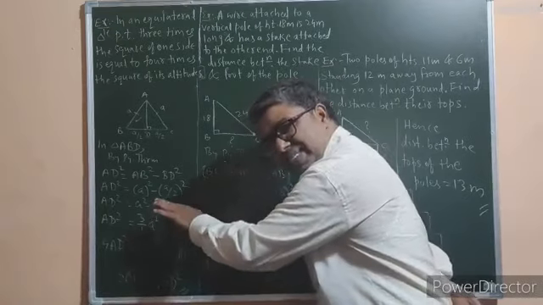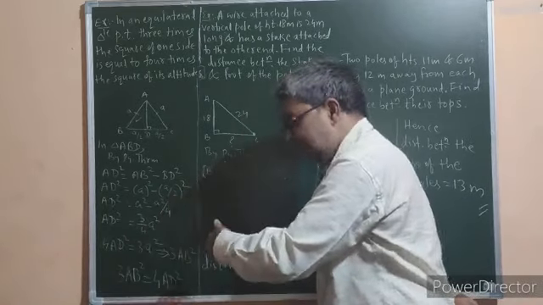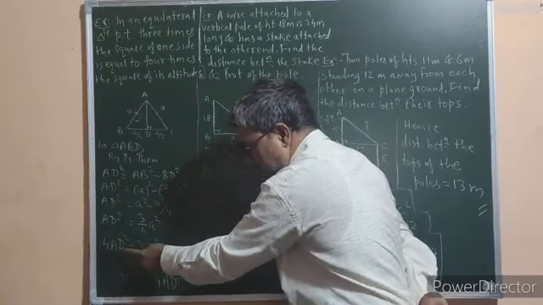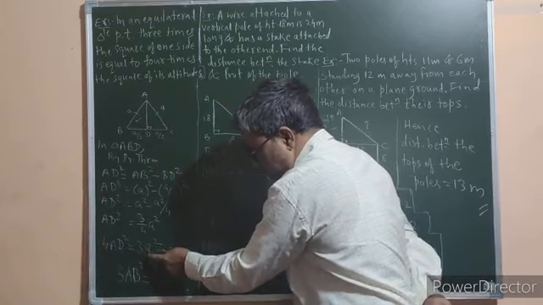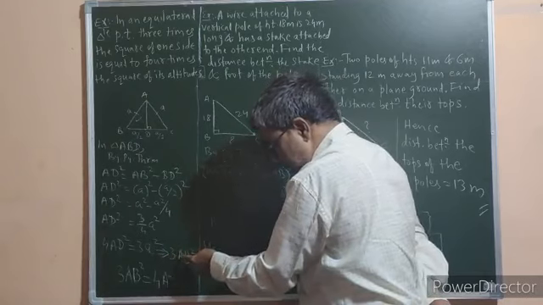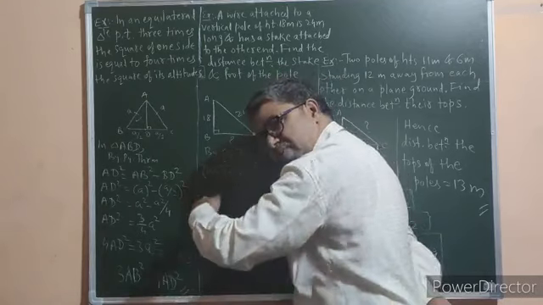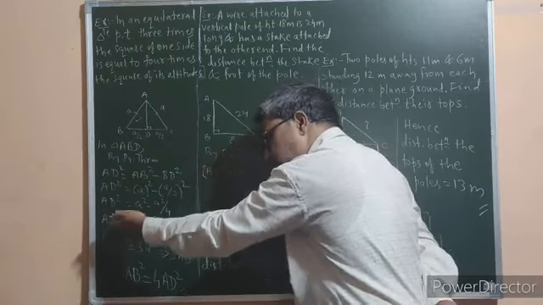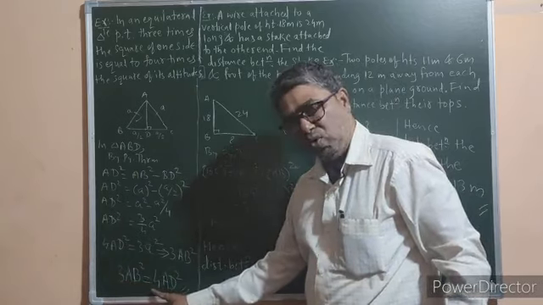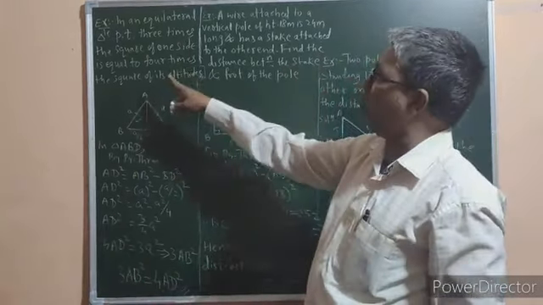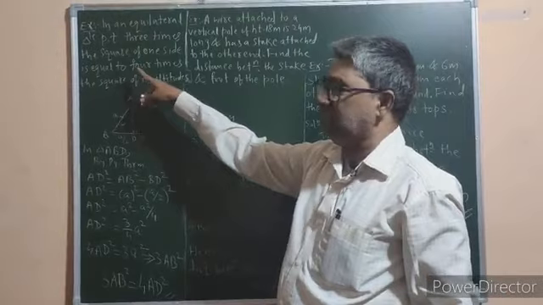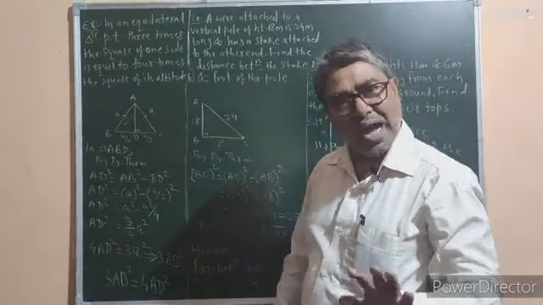Now this 4 is in denominator towards right side. You shift it to left side, you will get 4 AD square is equal to 3a square. Now replace a by AB, and this implies 3 AB square. Now take 3 AB square towards left side and bring 4 AD square towards right side. Hence we get 3 AB square is equal to 4 AD square. So in this way we prove that in an equilateral triangle, 3 times the square of one side is equal to 4 times the square of its altitude.